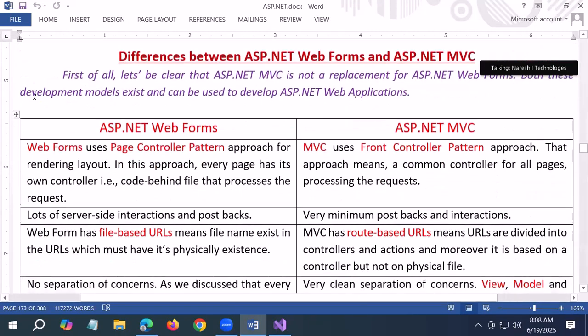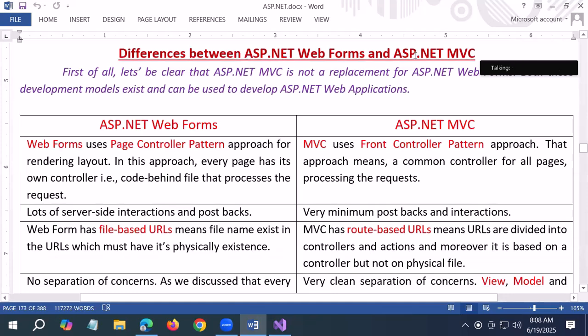And see, guys, differences between ASP.NET Web Forms and MVC. First of all, let's be clear that ASP.NET MVC is not a replacement for